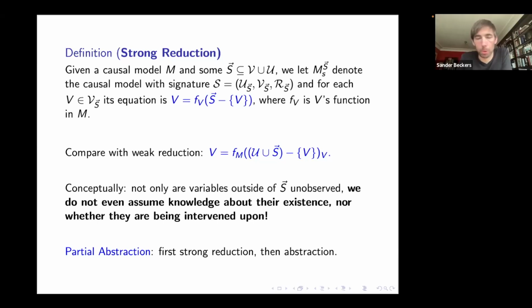Right, I'm actually almost finished. So this is strong reduction, and then the obvious idea would be we can combine this with an abstraction as well, and that's what I call the partial abstraction. I'm not giving you the definition because there's no need to spell it out. But I'm going to keep it at that. I've just laid out a whole bunch of different ways that we can use generalized functions, and some of those relate to abstractions, but I think there's also interest in these generalized functions independently of it.